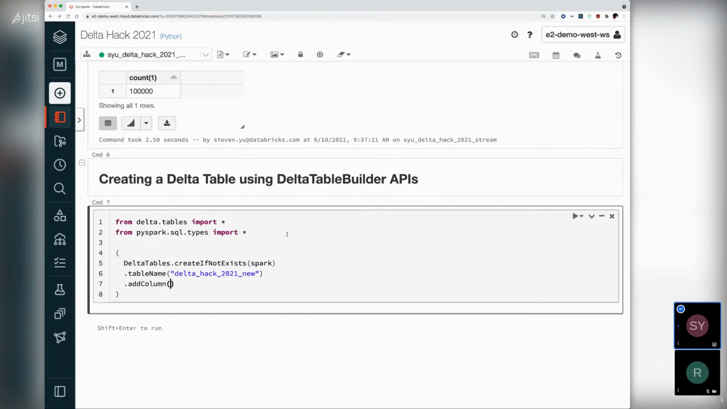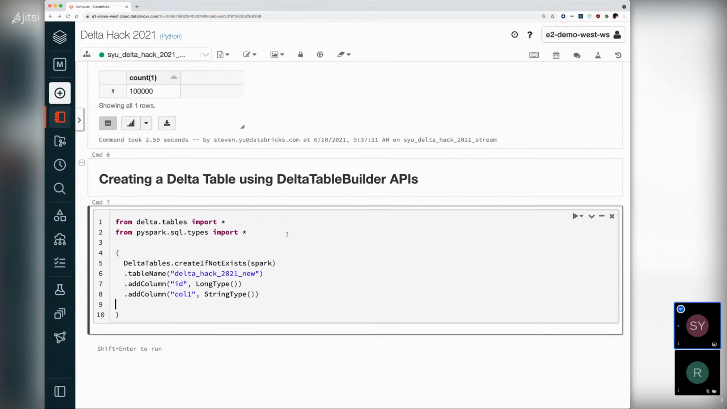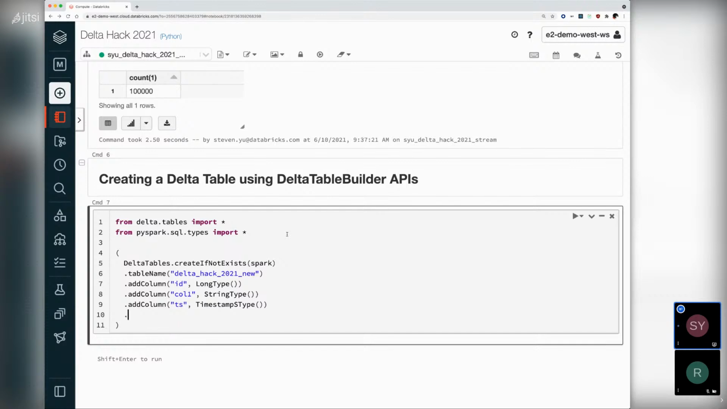Let's go ahead and add some columns and make this a little bit more interesting. So let's go ahead and add an ID like we had before. Make this a long type. Let's go ahead and add another column, col1. We'll make that a string type, just like we had before. We'll add another column. Let's call this one timestamp or ts, and then we'll make that a timestamp type. All right, and then we'll add, and this is the cool one,